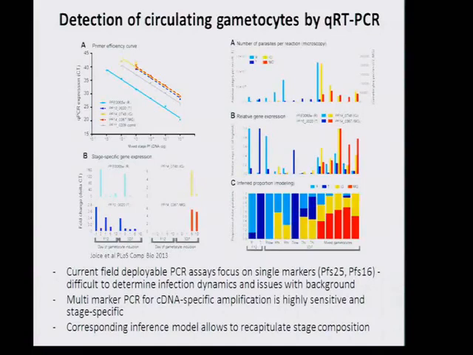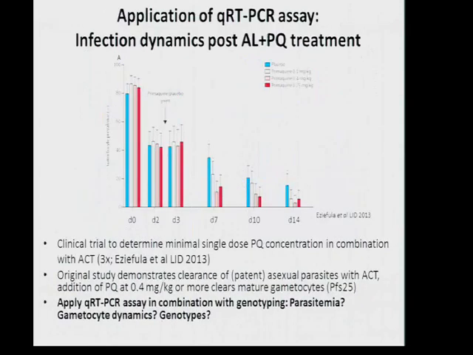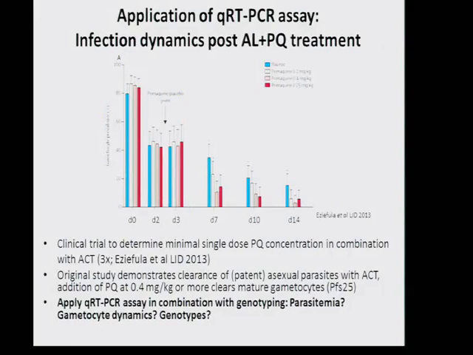And when we do in vitro time courses, the smear positivity or the counts of different stages correspond to the relative qPCR profiles that we can get when we do PCR. And then we can also infer the stage composition using a model that we developed in parallel with that. So basically, we developed a highly sensitive qPCR assay. This, again, like the one that Ingrid presented, amplifies across exon-exon junctions, so there's no danger that we also amplify from gDNA.